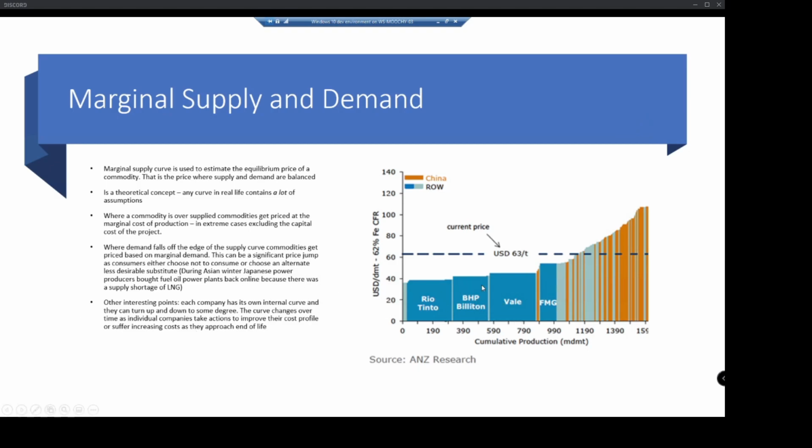The other interesting thing is this makes it look like Rio Tinto's pricing for all of their production is flat. It's not. Rio Tinto actually has a curve of their own. Last I checked, Rio Tinto has 20 mines for iron ore, and they'd be able to line them up according to cost, exactly like this. And so if Rio Tinto has to cut production, they're obviously going to cut the ones over here.